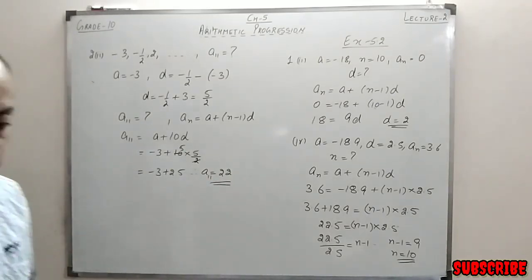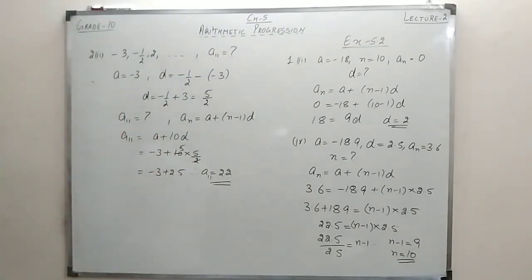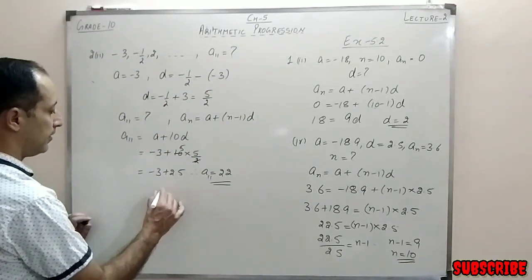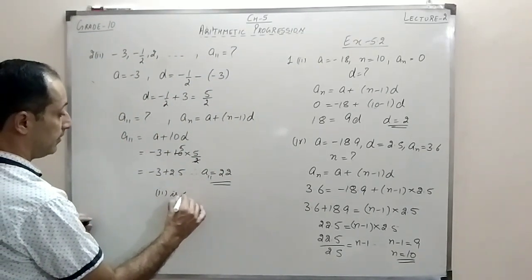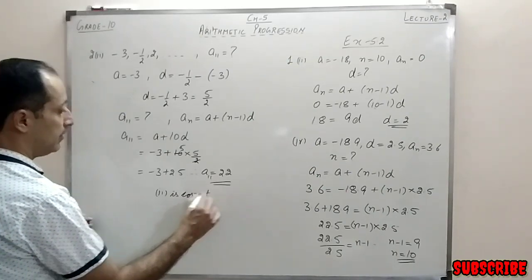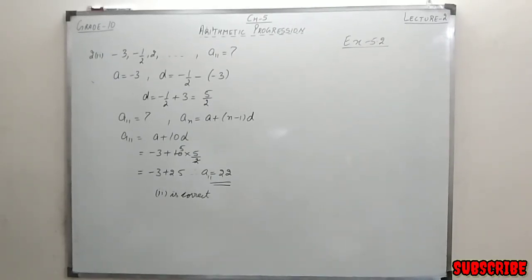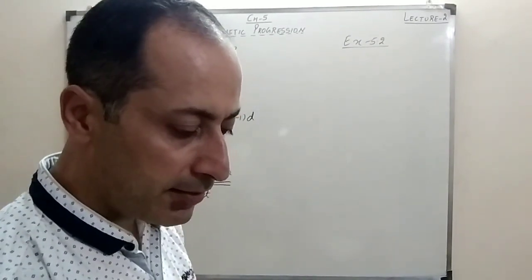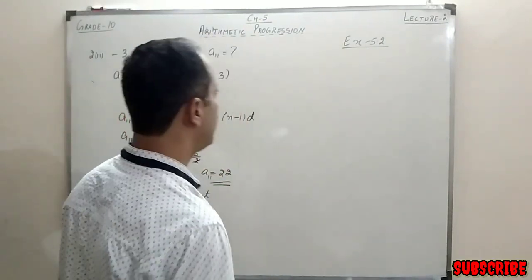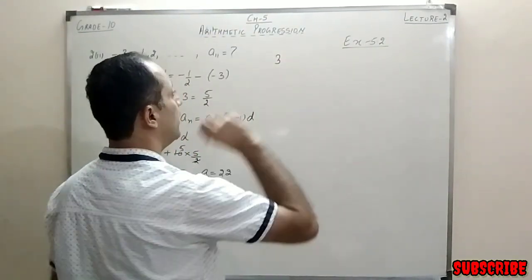And the option is the second part. So the second part is correct. Alright, so this is the way we can do these very simple questions. Now let's take some parts of the third question. There are 5 parts given to us. Let's try to simplify at least 3 parts of the question.